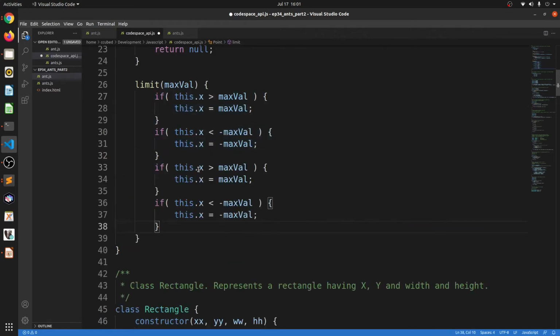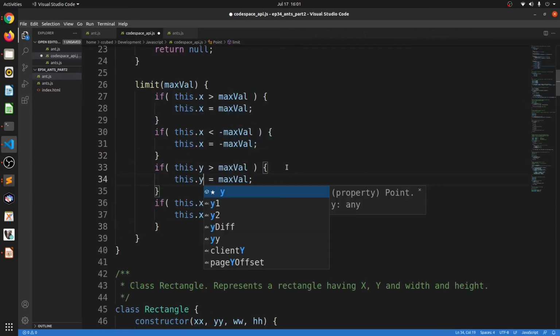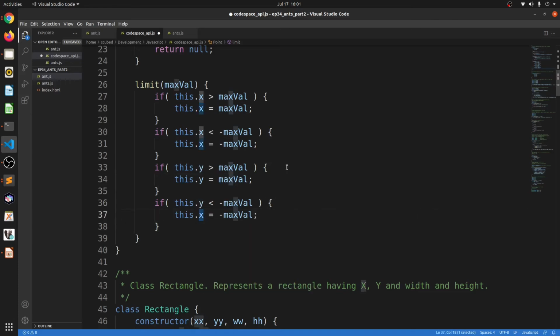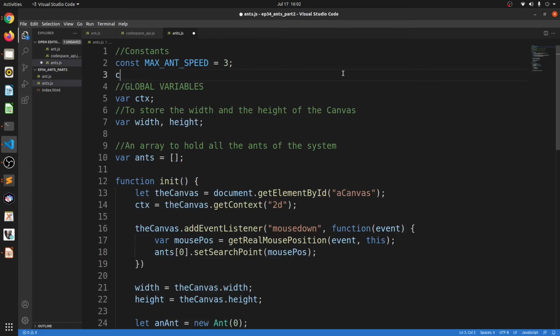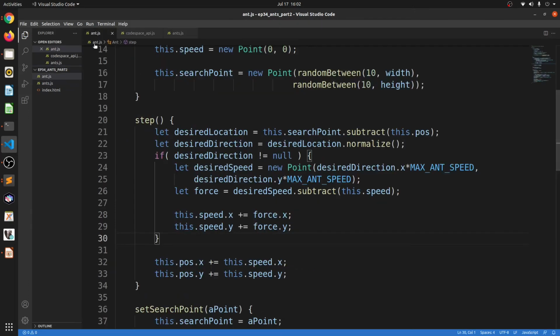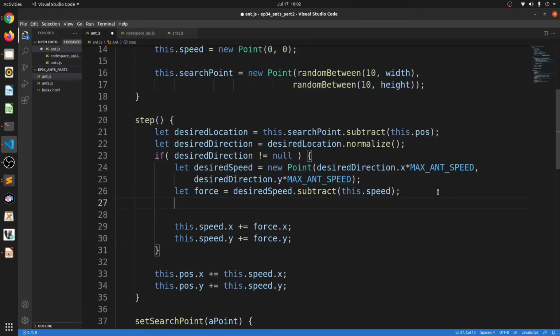I will do the same thing for the Y direction. I also will need a constant called steer speed. This is how fast the ant can turn.